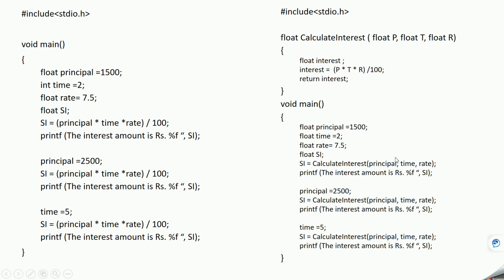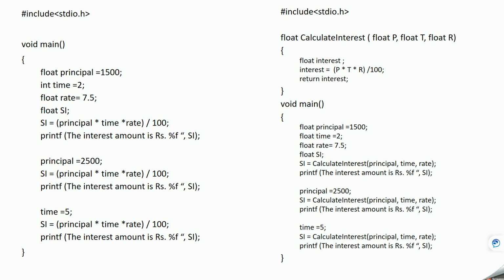Let's see here. Here we are using this printf function. In this case, we are just passing the data that we want to print, but how it is going to print is already defined somewhere. We are not defining how it is going to perform, and this printf is already defined inside this file, stdio.h. So this is given by the compiler, so it is called a built-in function. We are not defining its functionality; it is defined by the compiler.